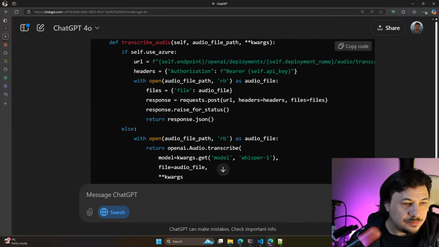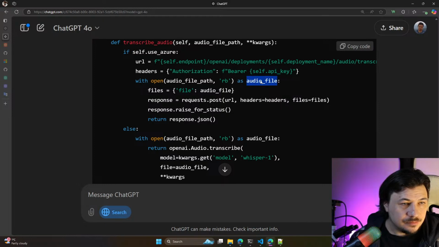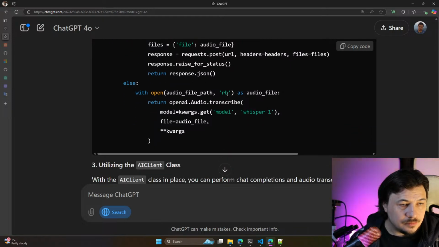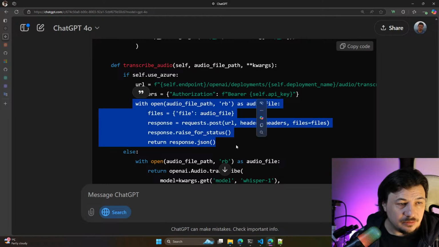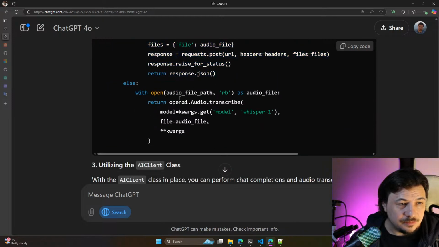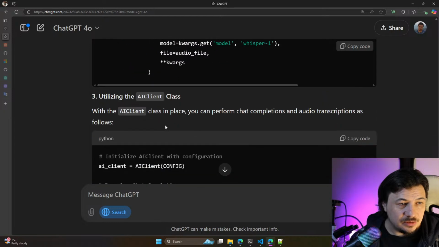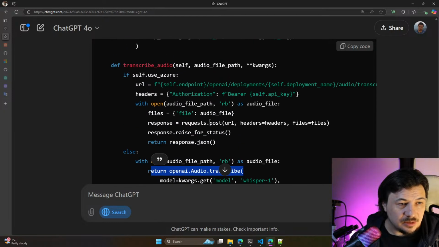Transcribe audio. Audio file path, I see. But okay, we open that file and just send it, return response JSON, return transcribe.